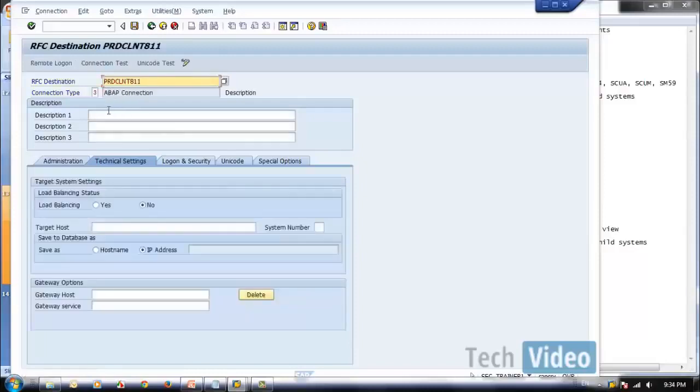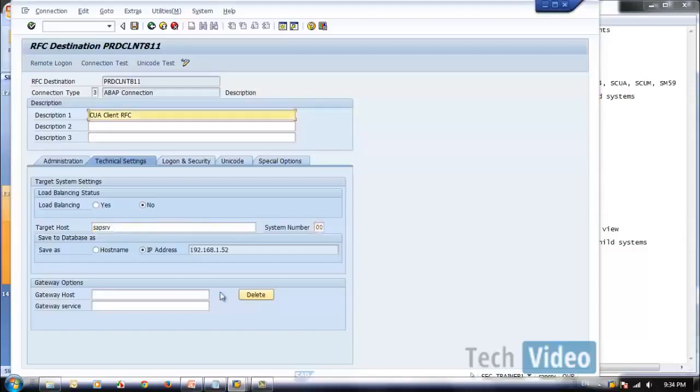Okay, this is my RFC name, and this is an ABAP connection. This is for CUA client RFC. Don't use load balance. My host name is, I will use the IP address, that is 192.168.1.52, system number 00.